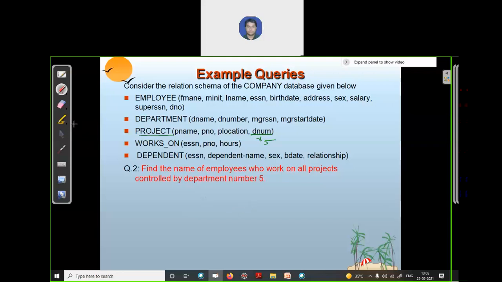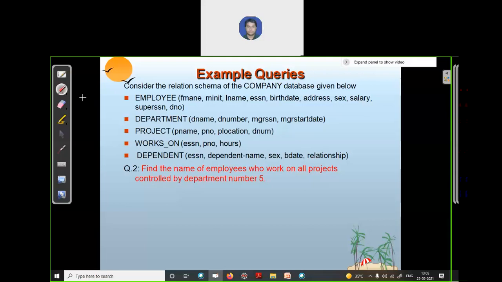So first you will find the projects which are controlled by department number 5. How can you write the query for this? My query is: give me all the project details of all the projects which are controlled by department number 5.